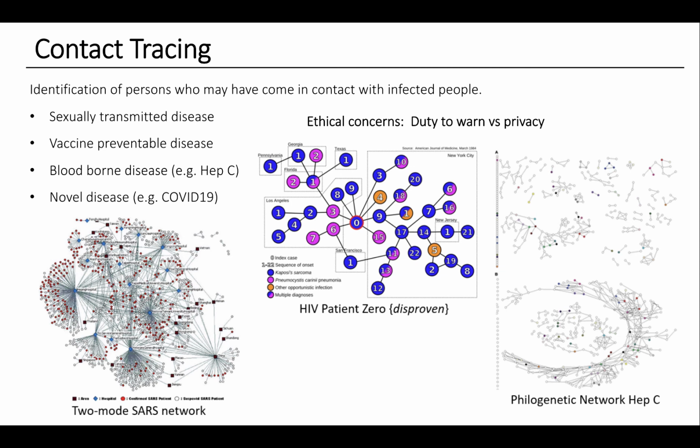Here's an advancement that we've had at Johns Hopkins. We do something called phylogenetic networks. So for hepatitis C, we can take blood samples of people that have hepatitis C, look at the strain of hepatitis, and see who has injected drugs with whom. So you can start building out these drug injection networks that allow us to begin to understand who we need